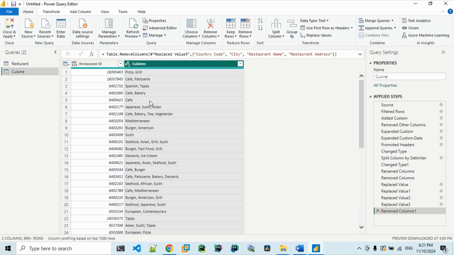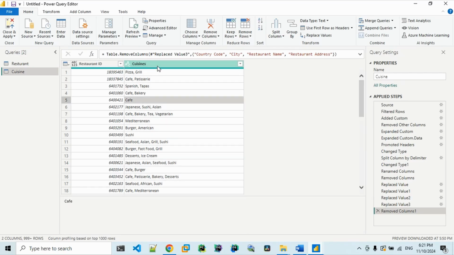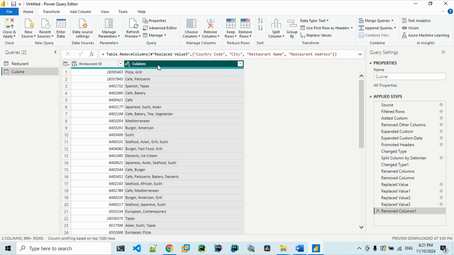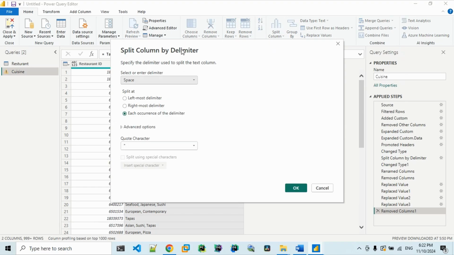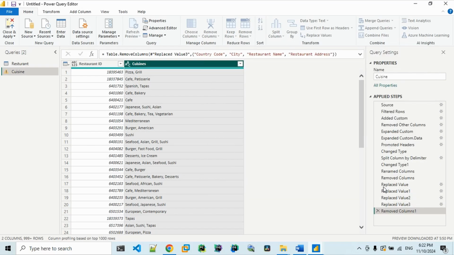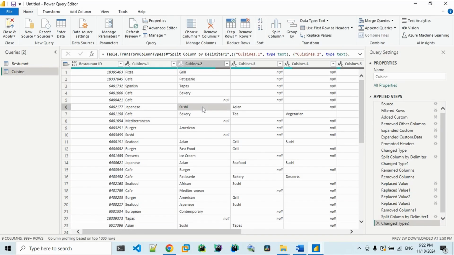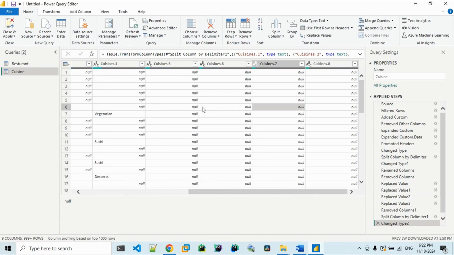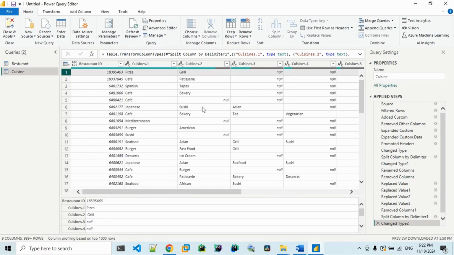But the problem here is cuisine is comma separated, and we want this cuisine to be on multiple rows rather than comma separated. To solve this, click on this cuisine and click on split column by delimiter. But this time, we want to separate all of the values rather than earlier. So at each occurrence, and our delimiter is comma. Okay. So cuisine has been split across multiple columns,